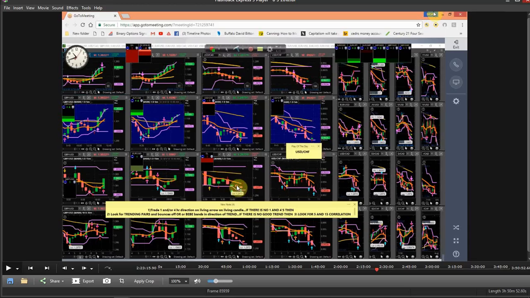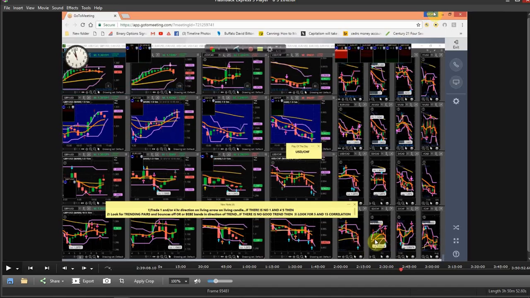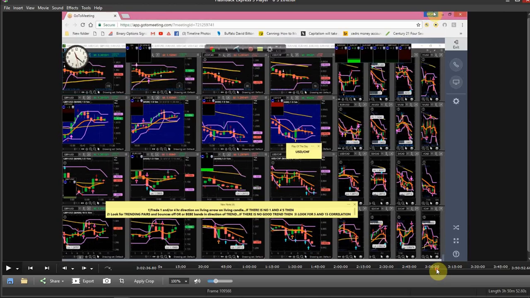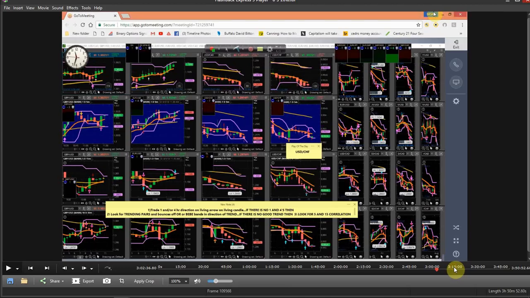This never made it above the orange road. This, once it came down, it's going to continue down. That's just the way it is. And that's until you get a 1 and a 4. Then it'll push above it. There's so many days where the candles never go above the orange road or below the orange road on any pair because you don't have the 1 and 4 correlation. See, it's that 1 and 4 correlation that lets you know this right here is going to happen. See it? Every single time.